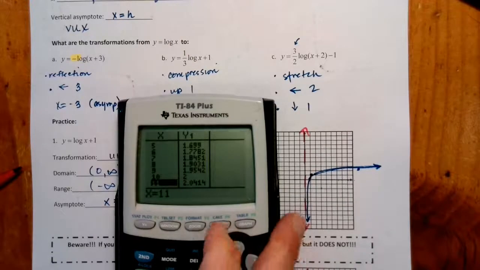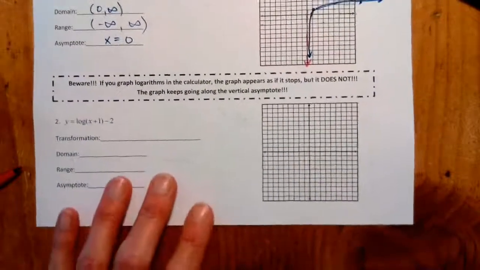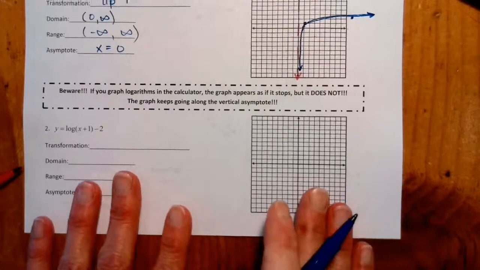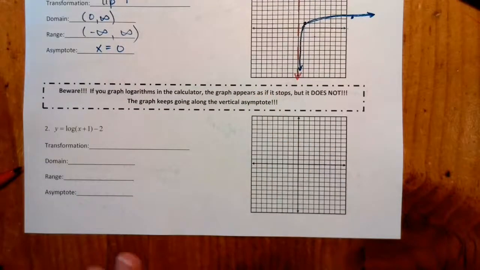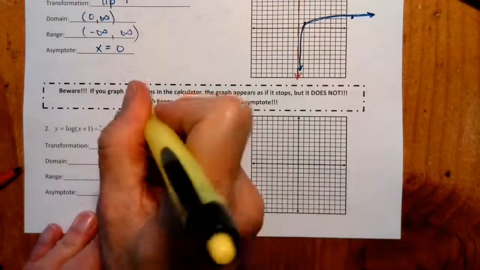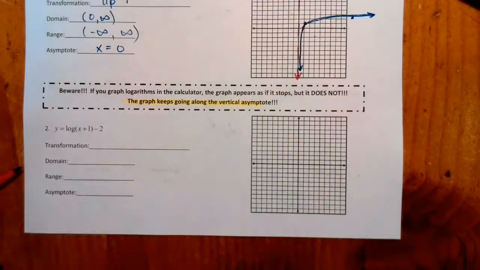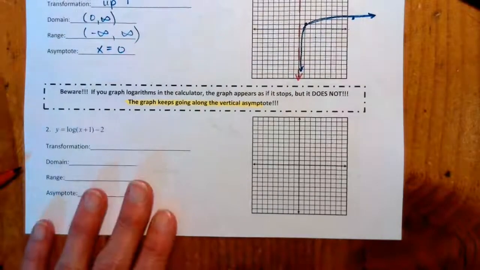Okay? All right. Now, beware, if you graph logs in the calculator, it appears as if it stops, like we just saw, but it does not. The graph keeps going along the vertical asymptote. So we want to make sure that we, number 1, draw your asymptote, and number 2, keep that graph going